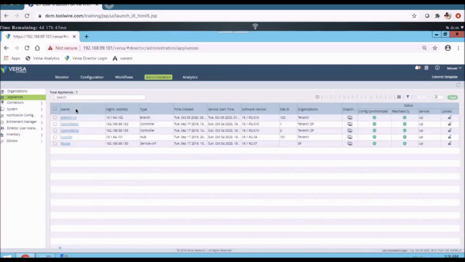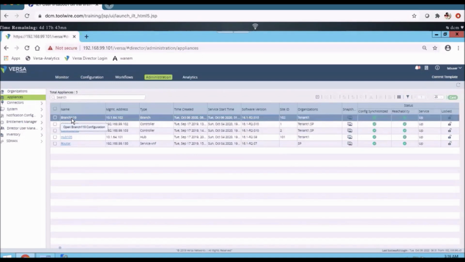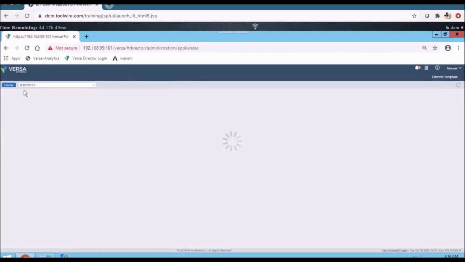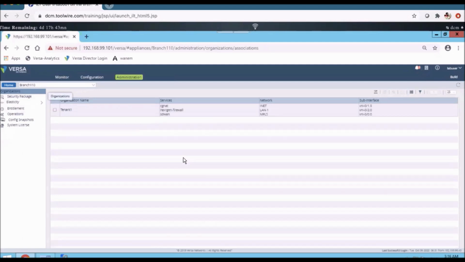So how do you go about making changes at the branches? The first step: let's take access directly to the branch and make some changes.